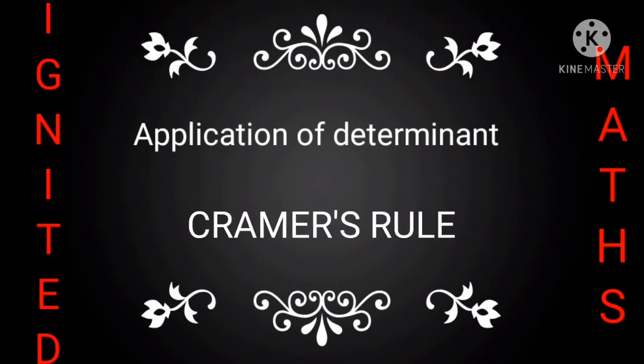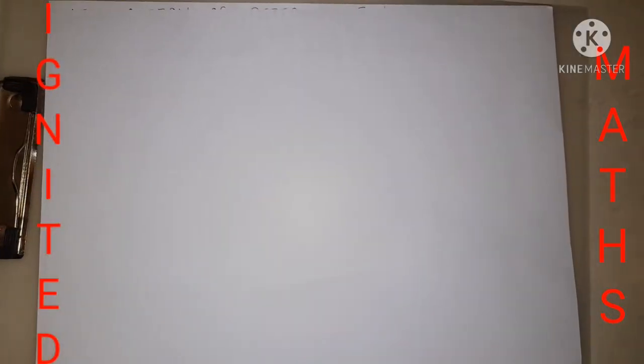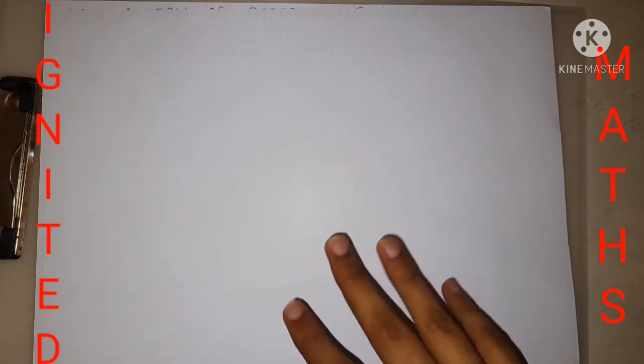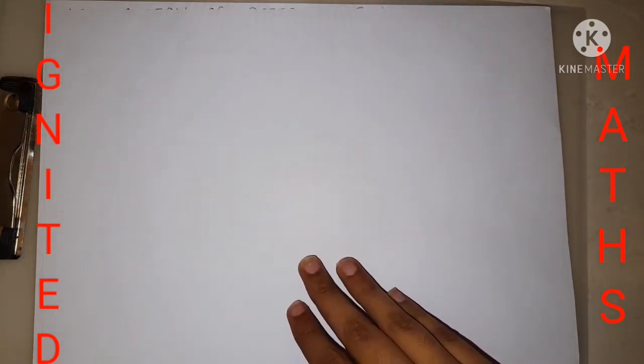We are going to discuss Cramer's rule and even solve examples regarding Cramer's rule. We have watched lots of determinants by the expanding method and the non-expanding method. Even we have solved lots of examples regarding it. But what is the use of it, where we need to apply it, the question may occur. So for that, in this video the question will be solved. It means you will get the answer to it.